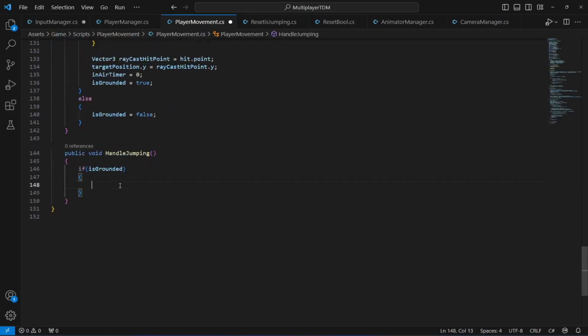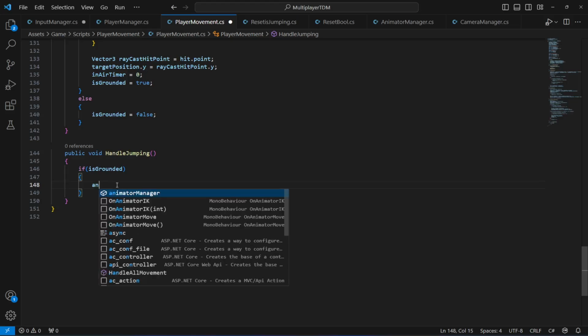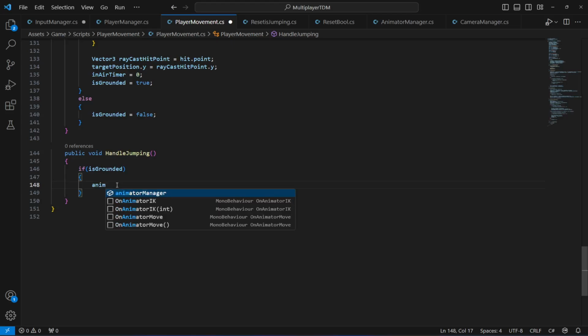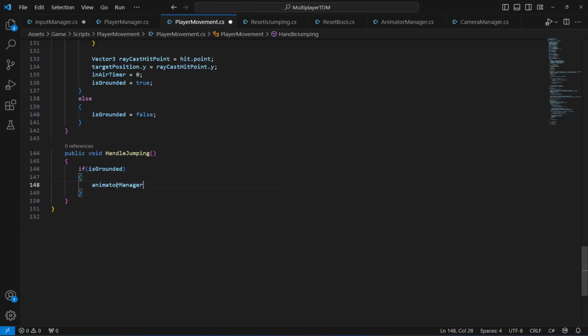Okay, now we have the animation set up, and we also have the reset isJumping. Now we will be able to jump. So if the player is grounded, we will set the parameter named jumping in the animator component, which we created, to true. So the player will play the jumping animation. So we will say animator manager,